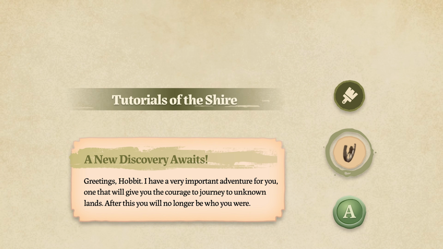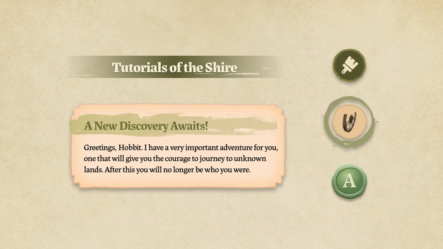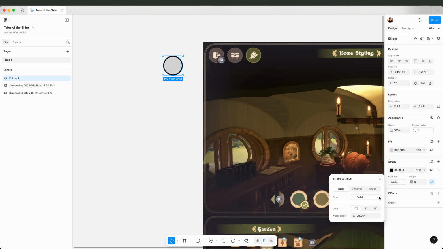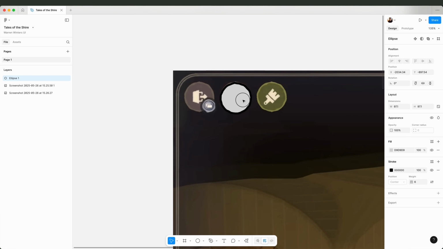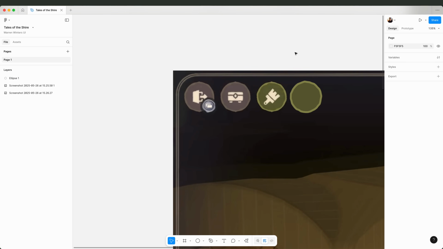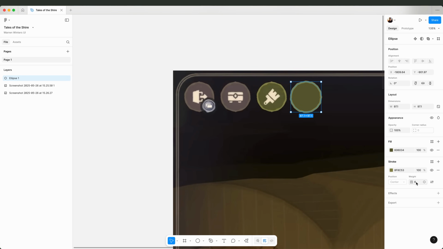We're going to be taking a look at Tales of the Shire. Now, this was released last year and it's really charming, to be honest. The reviews weren't that great for it, but the minute I saw the UI, I kind of felt like it dropped at the same time as the stroke details and adding texture and stuff within Figma. So it felt like a natural thing for me to want to try and replicate it using the new features